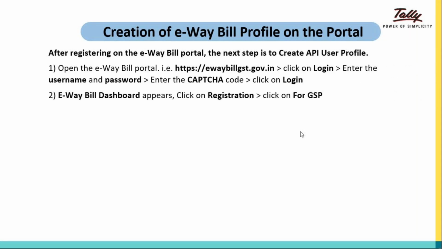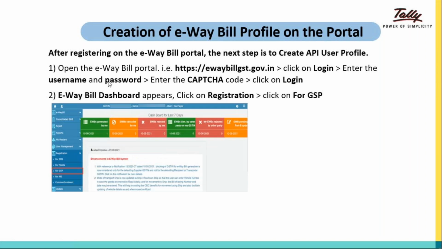Fine. So for that, you have to open the eWay bill portal once again. That means after you register and create the username and password, you visit the website again, click on login, enter the username and password that you have created, enter the captcha, and then your eWay bill dashboard will appear like this. You can see there is a dashboard appearing. So this is how your dashboard will look. Here you have to select GSP. GSP means your